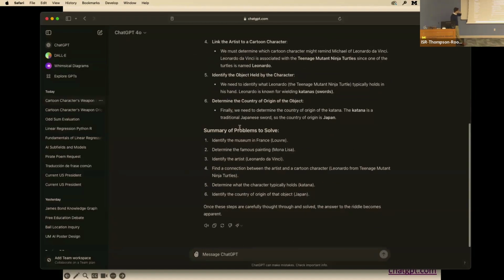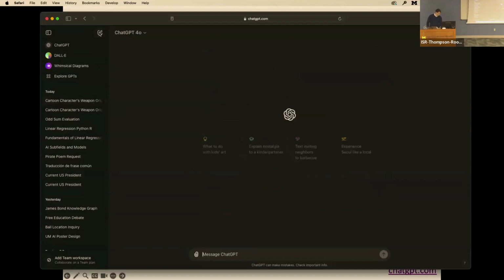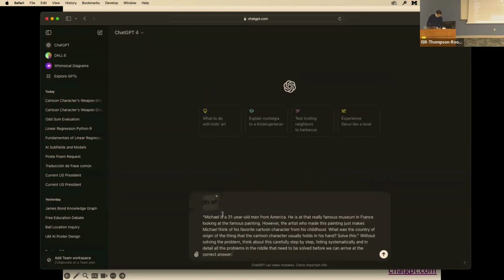And as you can see, now it walks you through your logic up there, then it summarizes every step. You could do this with math problems, logic problems, whatever you might need to. Now, if we open another chat, actually, I wonder if I go to the legacy mode.